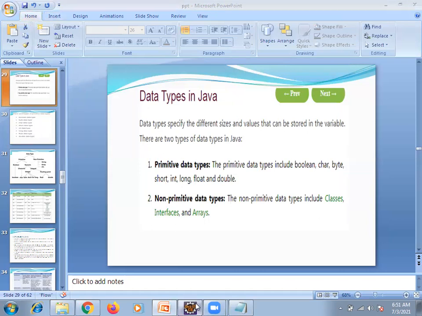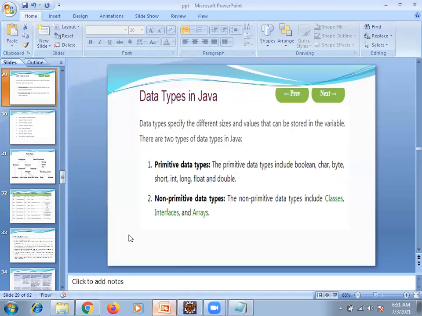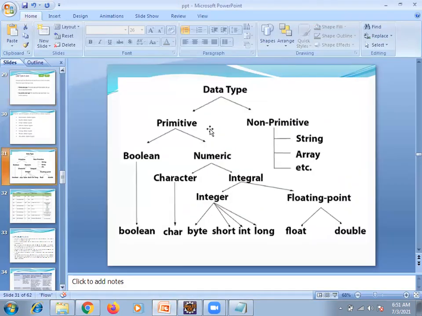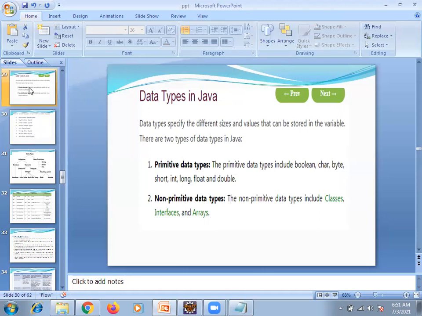Now let's take a primitive data type example. Now you need to understand this float. There are 8 types of primitive data types: boolean, byte, char, short, int, long, float, double. Clear or any confusion? Clear.